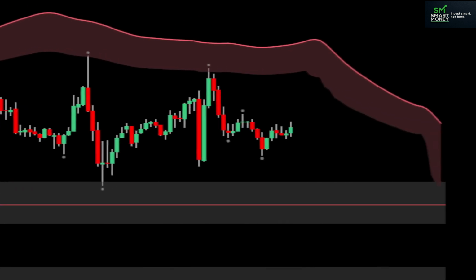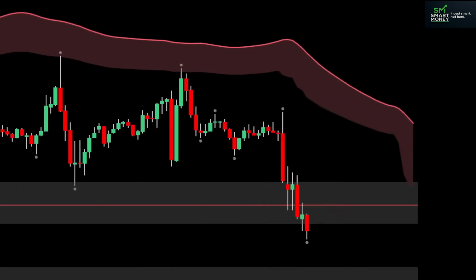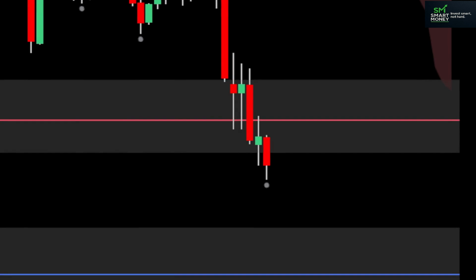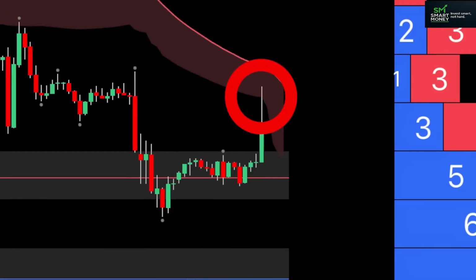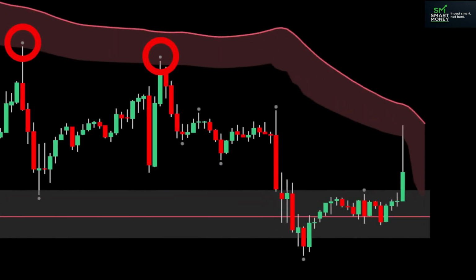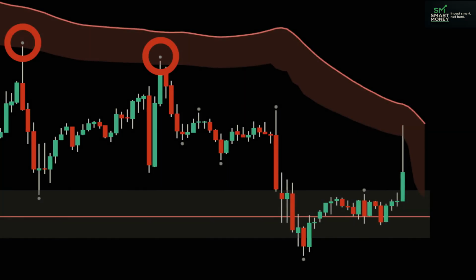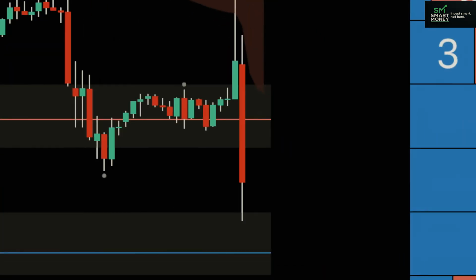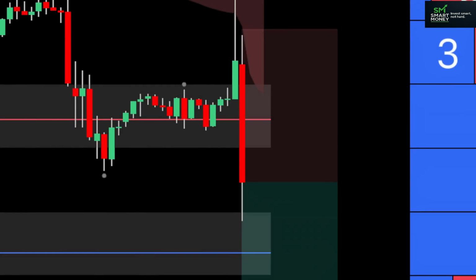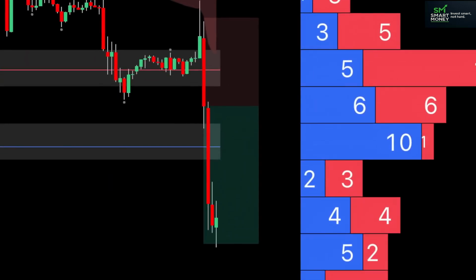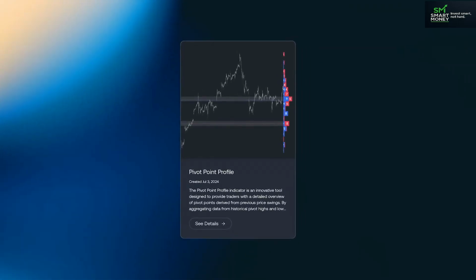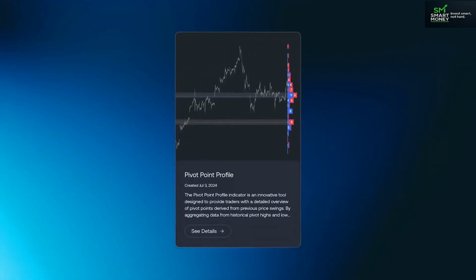Instead, we'll look for a scenario where price breaks through that pivot zone, just like it did here, then pulls back into the smart trail. Notice how we've already seen 2 sharp reactions from that smart trail area. That makes it a strong candidate for a sell entry. Once price reacts again, we can place our stop just above the most recent high and aim for a 1 to 1.5 risk-to-reward ratio on the trade. Pivot Point Profile gives you a profile built from structure, not just